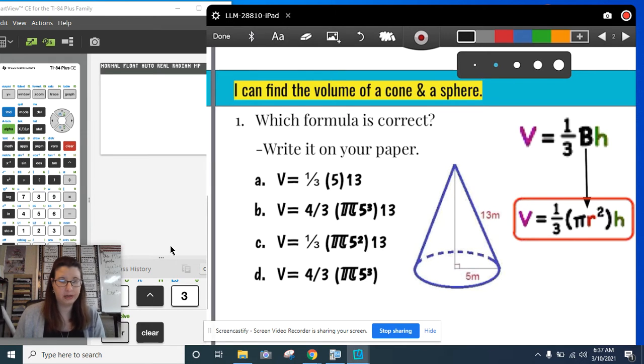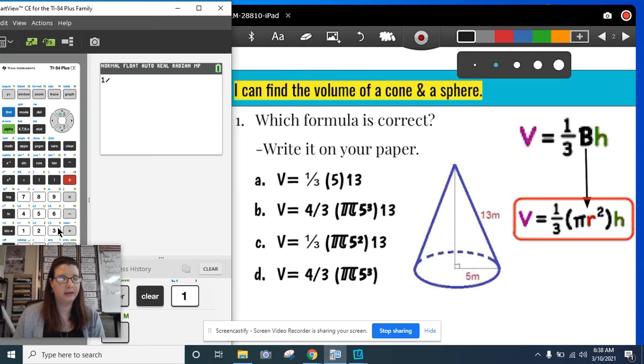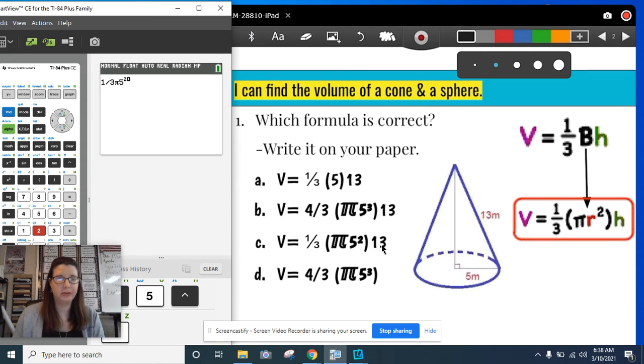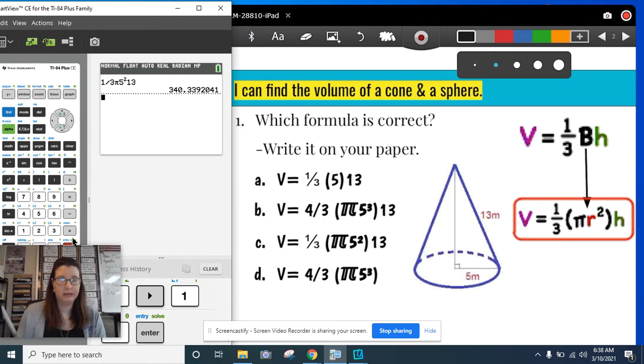Now let's look at how to put it in our calculator. If I know it's C, I'm going to do 1 divided by 3. And then pi is above the caret, so I hit second and the little caret button, that will give me pi. And then I have to do 5, and I'm going to do up arrow. And now see it's up here for the exponent, 2. And I need this number because my 13 needs to go back down. I'm going to move it to the right, type in 13. And my answer is